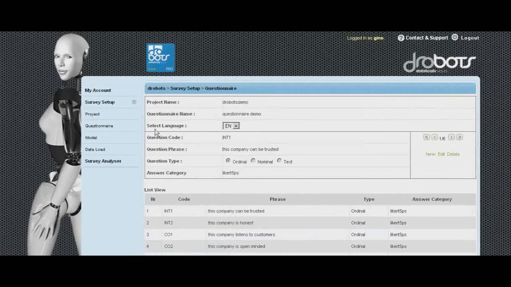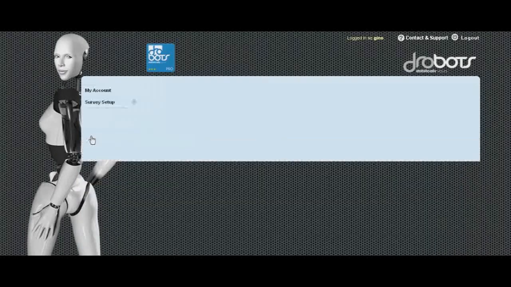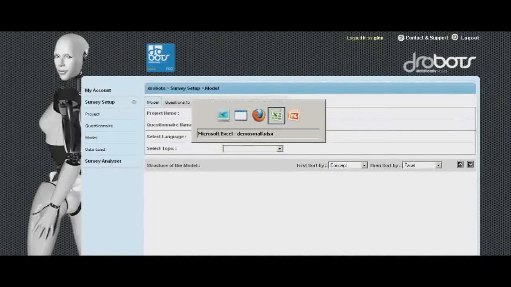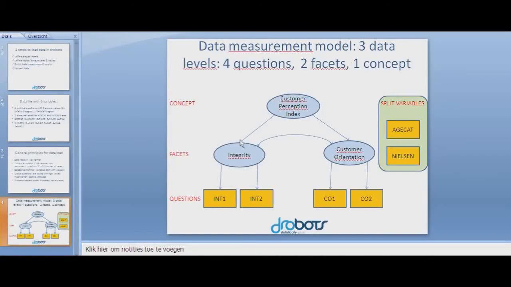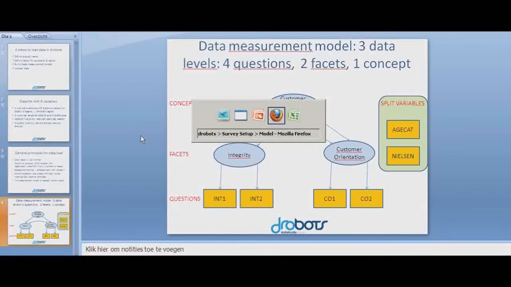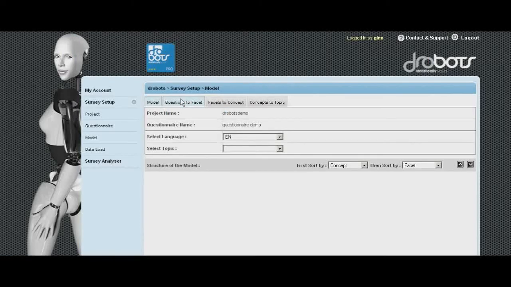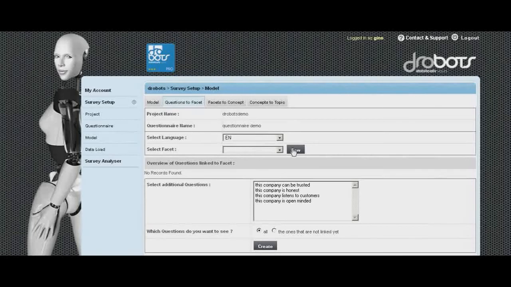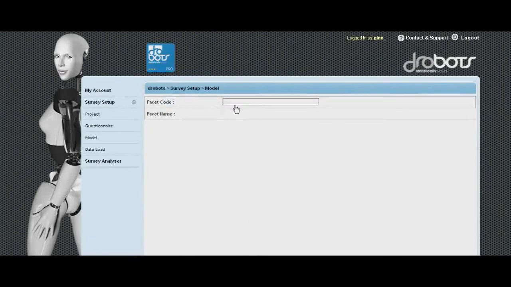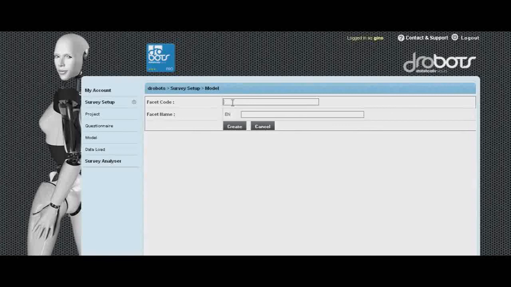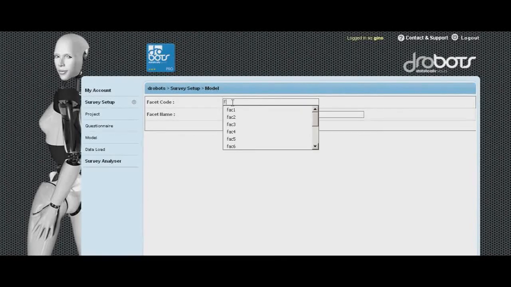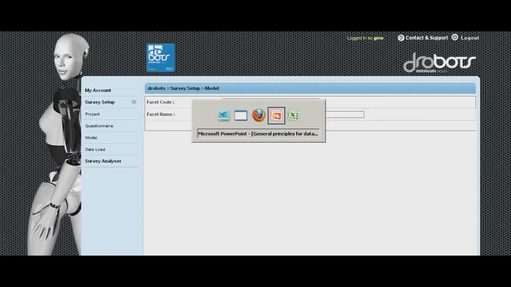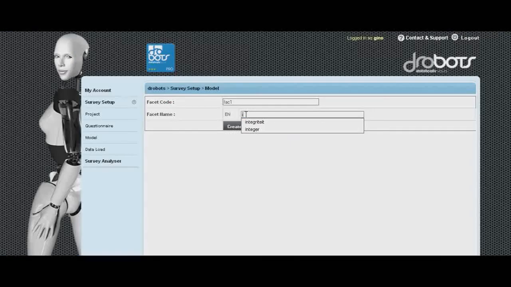Now for the model part, you have to keep in mind that we have a data model, this one, and you have to really bring it into Drobots. Now let's start with this. You have to first of all link the questions to the facets, and we don't have any facets available, so we will call the first facet, actually it's facet 1 for the database purposes, and in this case you have to be sure that you use integrity for name, in this case integrity, for instance,